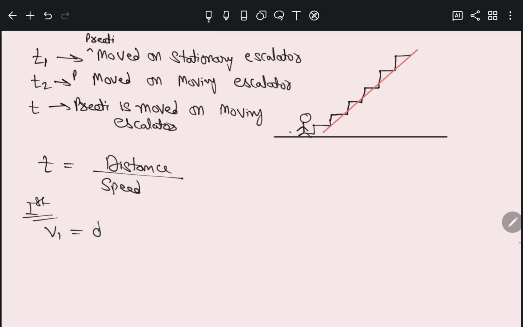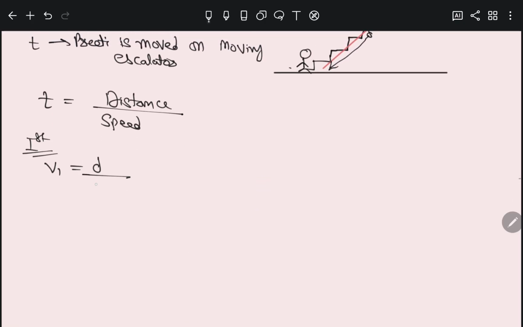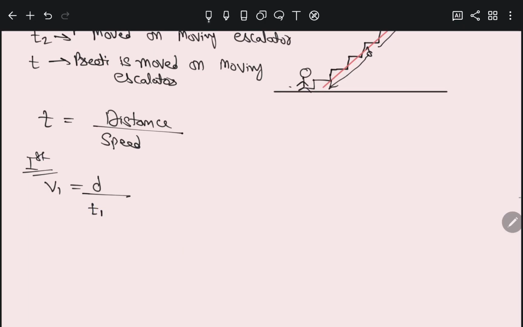Speed is equal to the distance moved, d, the distance remains the same, divided by t1, right? And in the second condition, the speed is v2, when it moves a distance d in time t2. And the third condition,